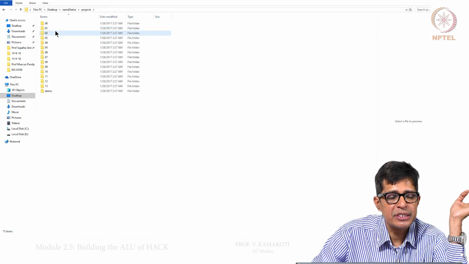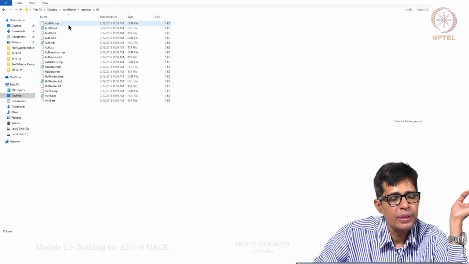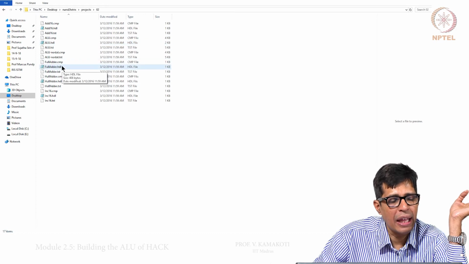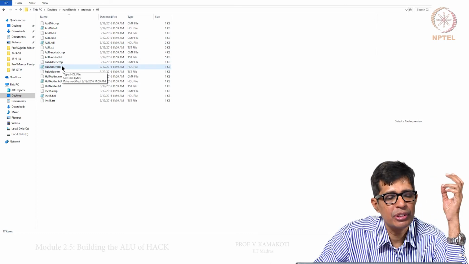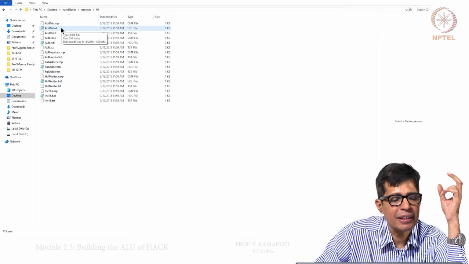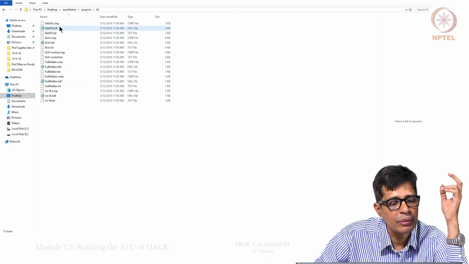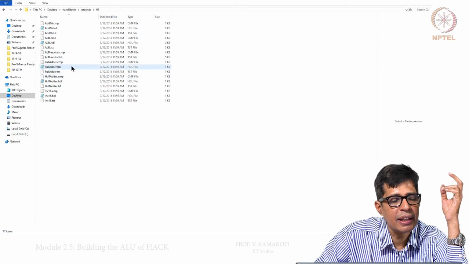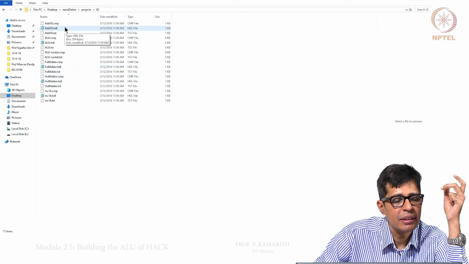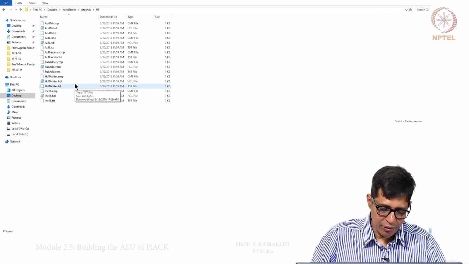So, the project that we are supposed to take, just look at this. Now, this is the ALU. There is a full adder that we need to do as a part of this project, a half adder, and a 16-bit adder. Yesterday we talked about the half adder, the full adder, and also the 16-bit adder, and there is also a need for